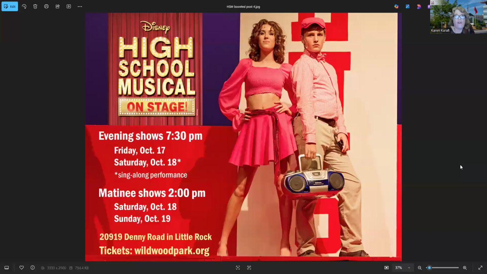Okay, so here is another one of Matthew's photos. This was, again, actually taken while the show was going on. He captures this gorgeous picture of Mallory and Isaac playing Sharpay and Ryan with the boombox and the pink outfits. And this blue, the Wildcats thing in the background, this red block over here, that's all the set, okay? So because he's done this, he's made it really easy for me to come in here and use